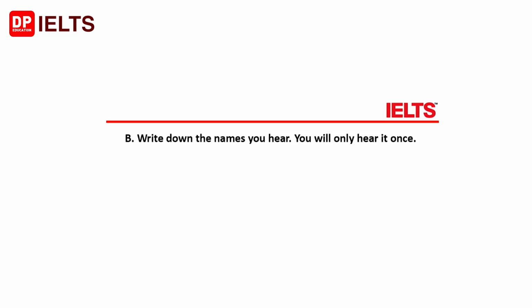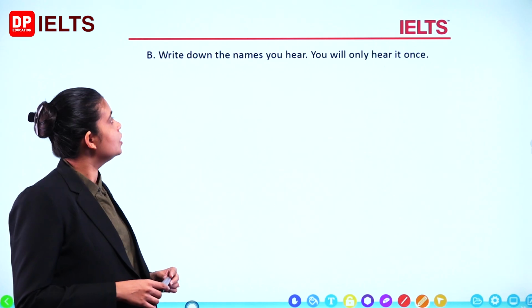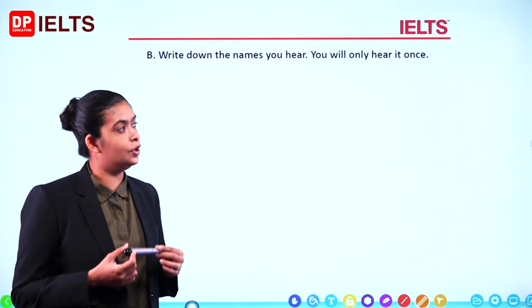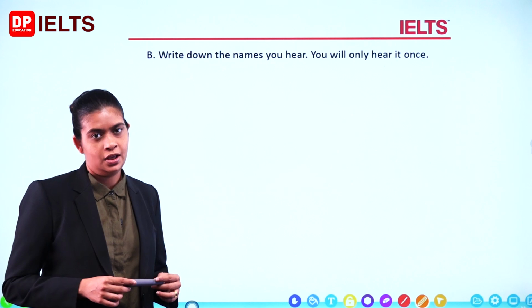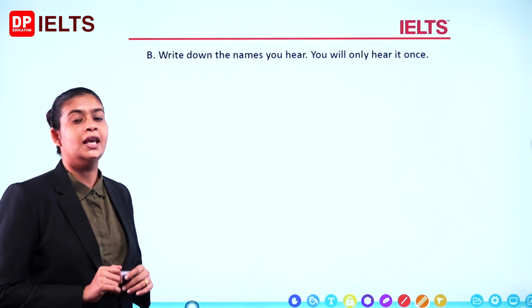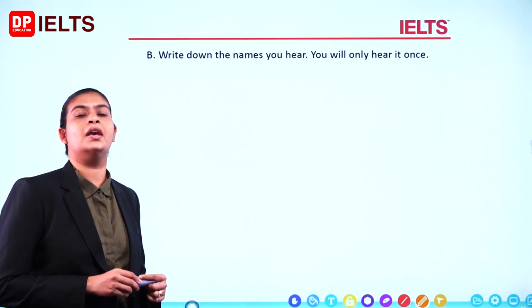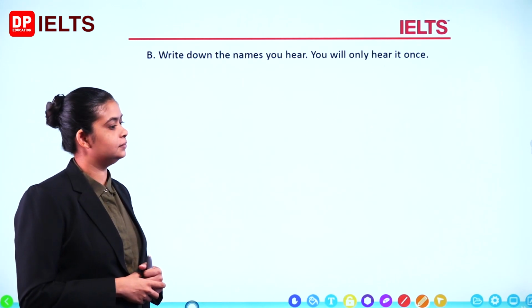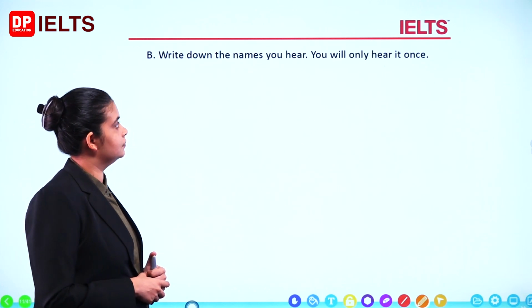Right. So moving on into the next questions, right? Now, you will hear some names again. Make sure you write down those names. So in this task, write down the names you hear. Again, you will hear it once only. So remember, here as well, you're going to listen to 10 names, right? Carefully listen and try to get everything correct. Off you go.